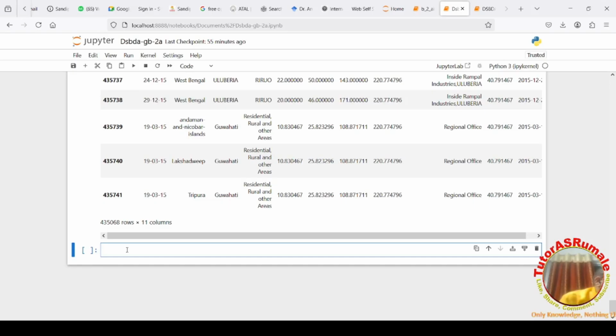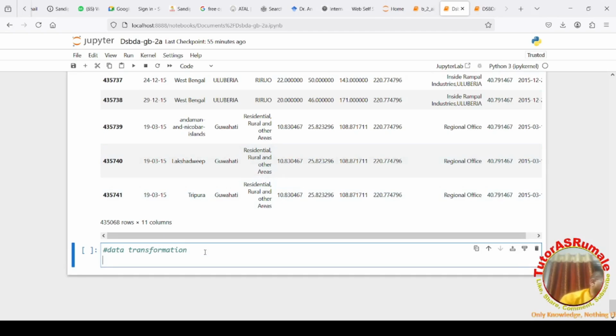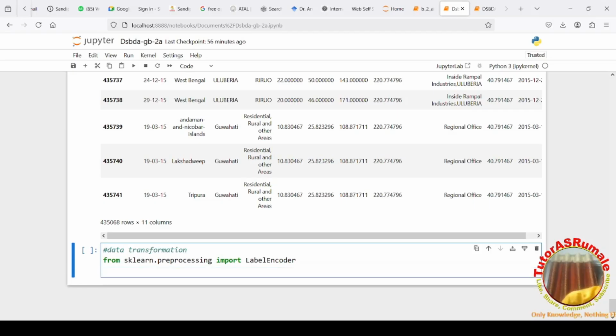Now the last is what we call as a data transformation. Okay, so we'll go on doing the data transformation. Now for data transformation, we are going to import the scikit-learn library. So you can say from sklearn.preprocessing import LabelEncoder, L capital, E capital, LabelEncoder. This is specially used for label encoding. Okay. Now you have to say that is col_label equal to